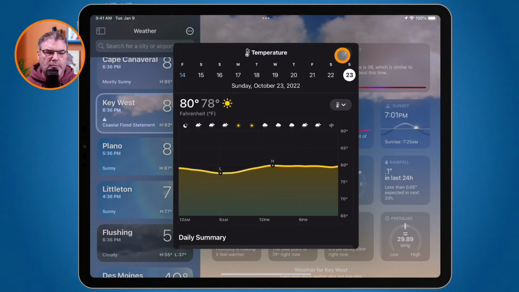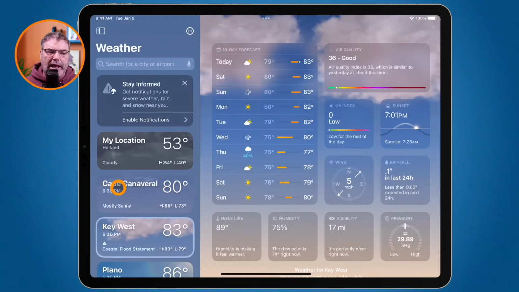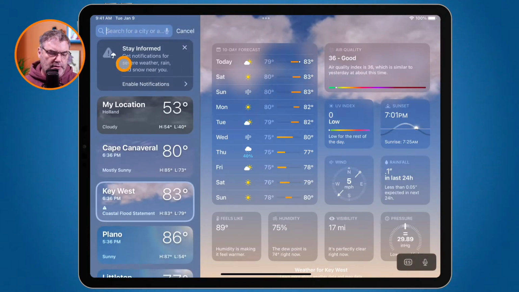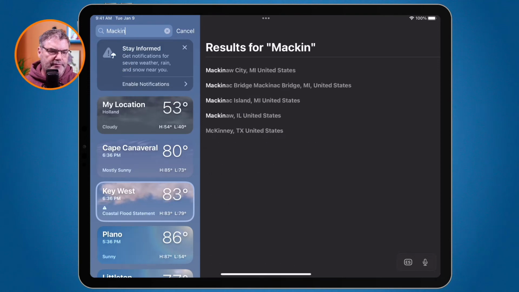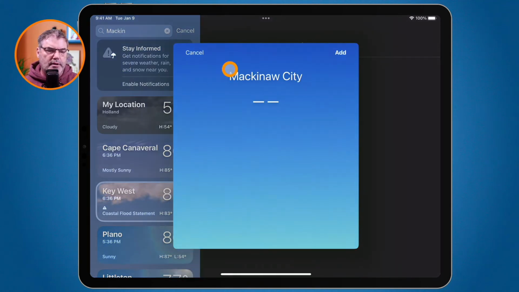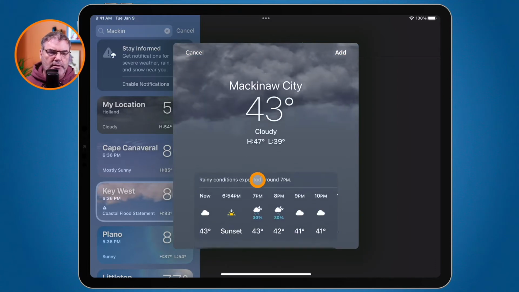So we have the same information for any one of these cities here. If you want to add a city, what you do is you search here. So let's go with Mackinac City. This is north of us. I tap on it. I can view that information, and if I want to add it to my watch list,